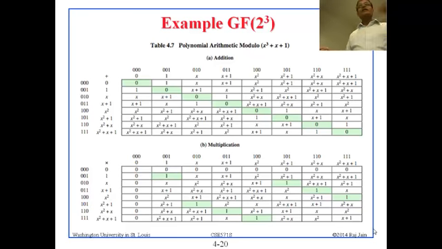So now you can verify yourself that x squared plus x plus 1 times x will result into this. You can do it very easily, right? If you take x squared plus x plus 1 multiplied by x, what do you get? x cubed plus x squared plus x. That is more than power of 2, so you subtract this one and you get